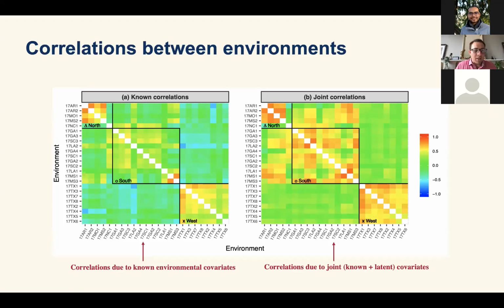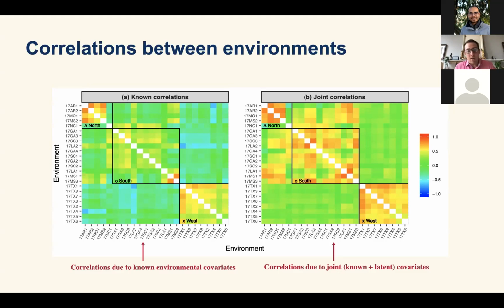And so between the 24 environments in this data set, the figure on the left-hand side was if we were to construct this covariance matrix or correlations using environmental covariates alone. And using the environmental covariates alone, we can see that there's a little bit of similarity with the West, within the North, not much within the South, and not much between them either. And this is really my point, in that the covariates don't really capture much of the genetic variation to the extent that we would like.